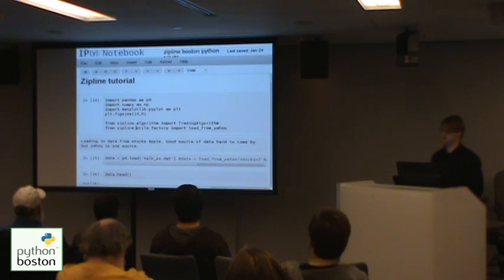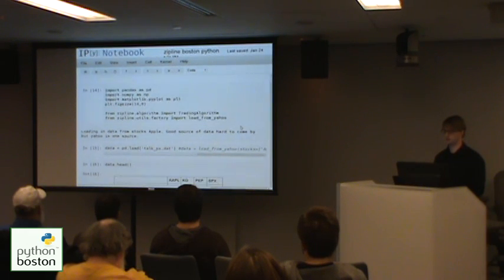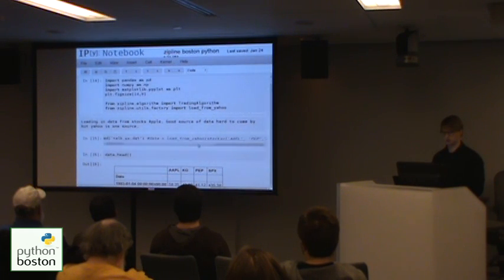So for that, there is a function that scrapes data from Yahoo Finance and gives us something to play with. So basically, this is the code to load it from